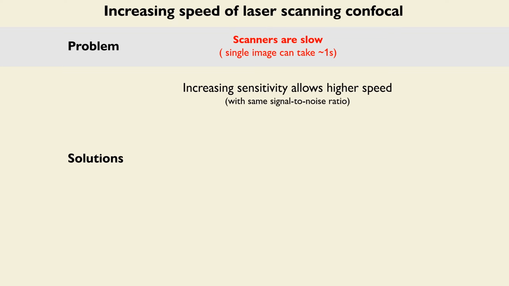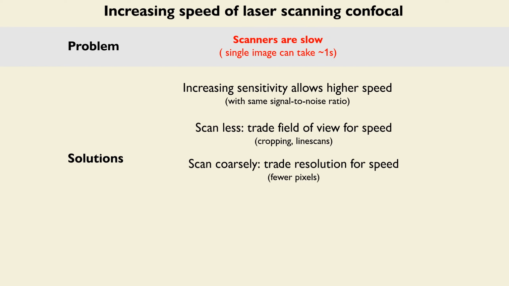So the first is that solving one problem can often solve more than one problem. So increasing the sensitivity allows higher speed with the same signal to noise ratio. If we make more out of the photons that the sample gives us, we can go faster and not lose any quality. In other cases, we can make trade-offs. We can scan less, so we can trade field of view for speed. So for example, if the only thing we care about in the field of view is in the middle and only occupying 10% of the field of view, we can crop so that we only scan there, and therefore we